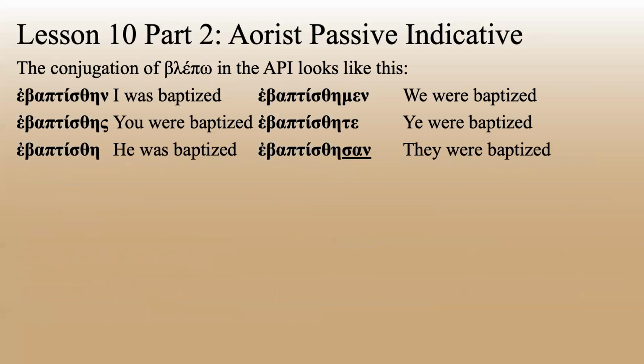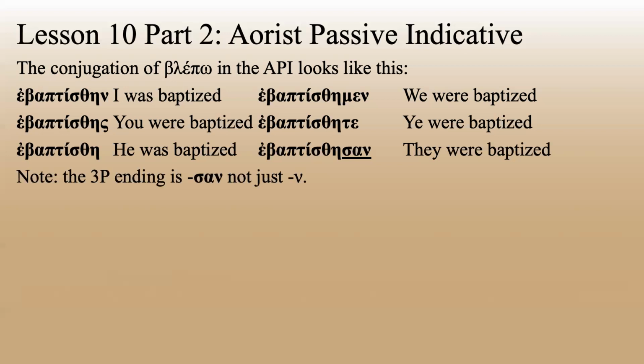So the conjugation of blepo in the aorist passive indicative looks like this. Oh, this isn't about blepo, this is baptizo. Ebaptisthein, ebaptistheis, ebaptisthe, ebaptisthemen, ebaptisthete, ebaptisthesan. I was baptized, you were baptized, he was baptized, we were baptized, you were baptized, they were